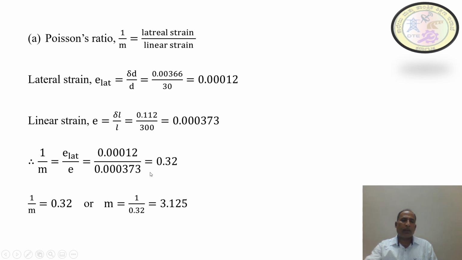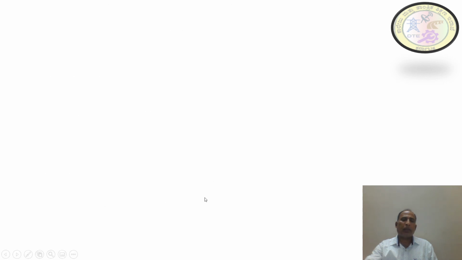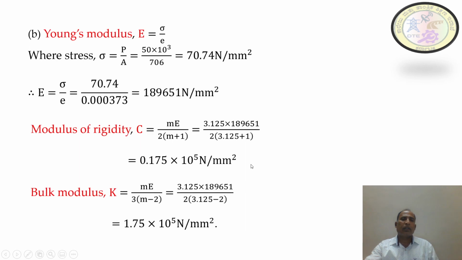Why are we calculating the value of m? Because it will be directly used in the calculation of shear modulus and the bulk modulus. Young's modulus. As we know that Young's modulus is the ratio of direct stress to the direct strain. So stress can be calculated by using the formula force per unit area, that is P by A, that is equal to 50 into 10 raised to 3 divided by 706.85. So the value of stress will be 70.74 Newton per mm square,